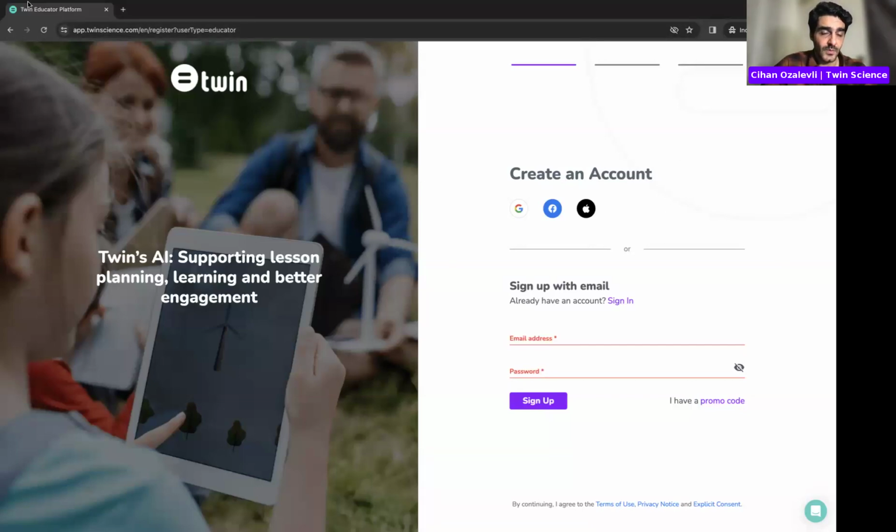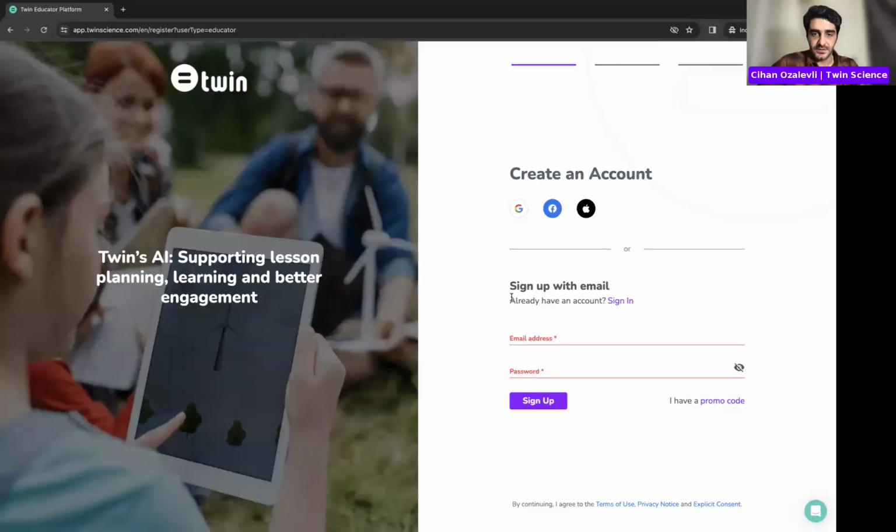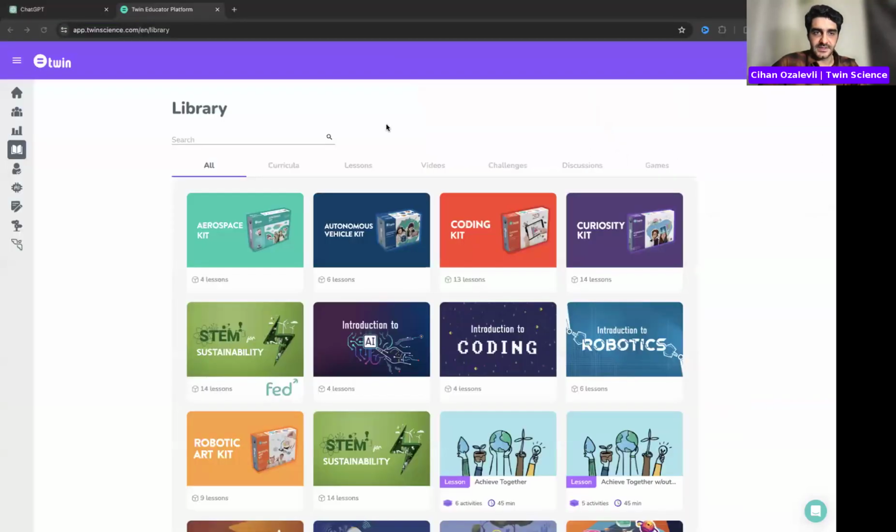And when you are in the portal, you will be able to see a library of resources, and these resources are around AI education for children. I hope you are able to see that now.